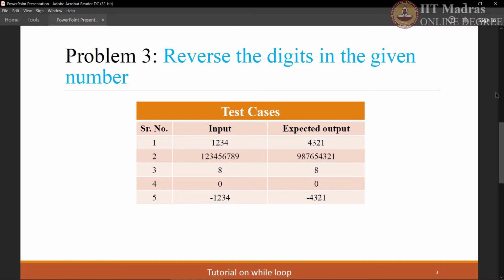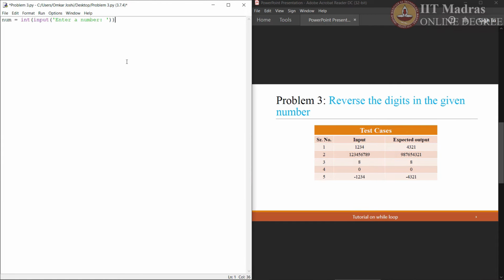Let's write the Python code to reverse the digits in the given number. Num is equal to int of input of enter a number. Let's define one variable which will store a number in the reverse order. Now the question is, what should be the initial value of this particular variable reverse? If you remember from the previous problem statement, we used integer division operator to find the integer quotient part of the division operation. We can do similar thing over here, but over here that remainder part is also important, because